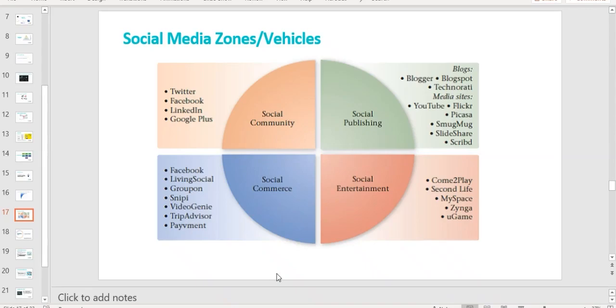What is important to realize is that consumers do different things in these different channels. So for example, if we look at Twitter and Facebook in the category of social community, this is where people come together because they are probably sharing the same interest. And this is the area where we can talk about brand communities. Brand communities today are a big topic in marketing, very well studied and so on. But the reason why people go to these platforms is mainly because they want to build a relationship with other people.